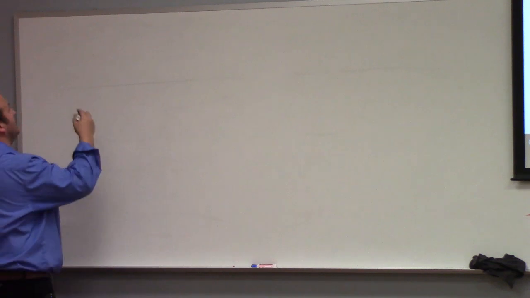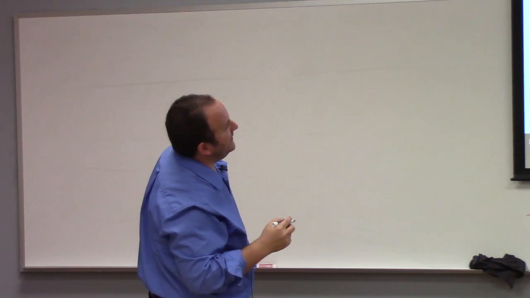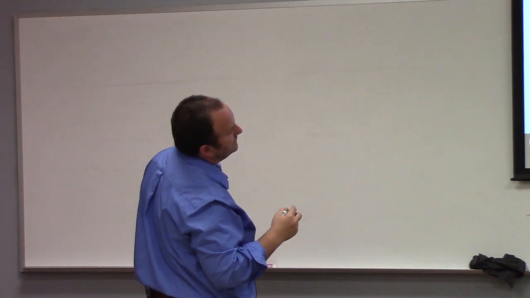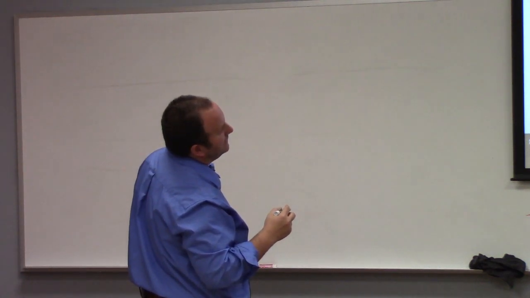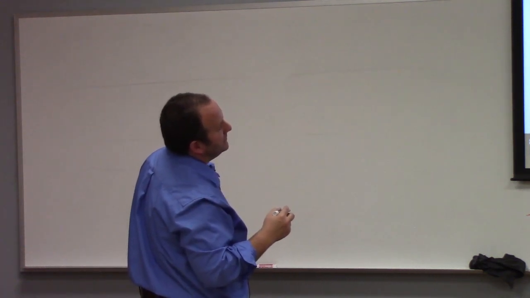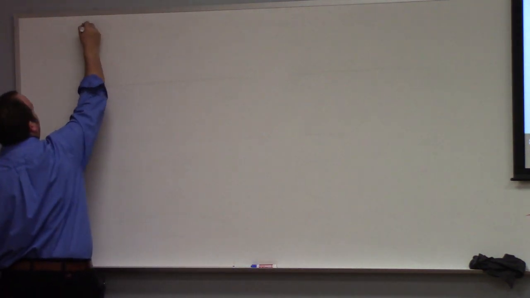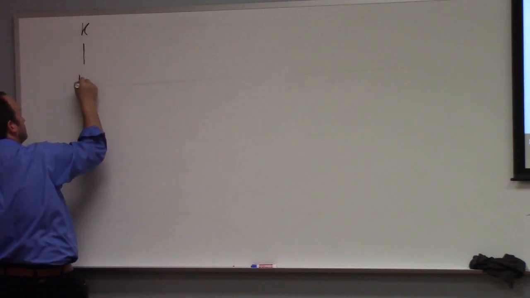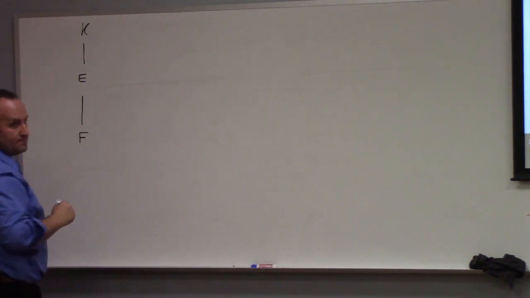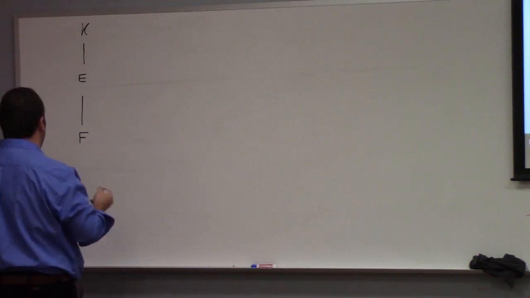Let me try to draw some pictures here. We want K over E and E over F, so K is at the top. F is my base field, E is my intermediate field. All right? So we're looking at an extension of an extension. Then the theorem,